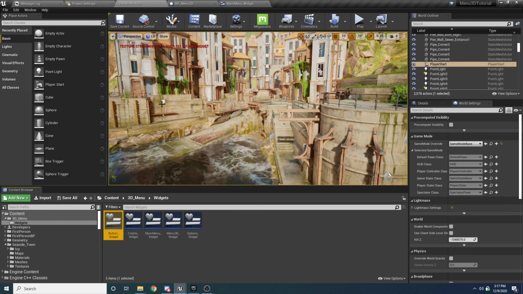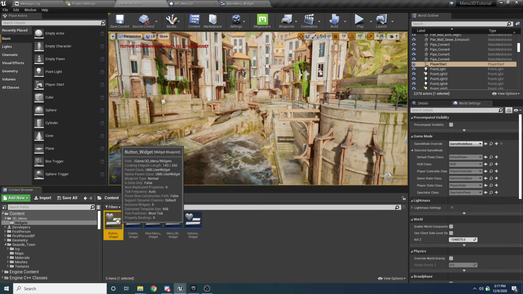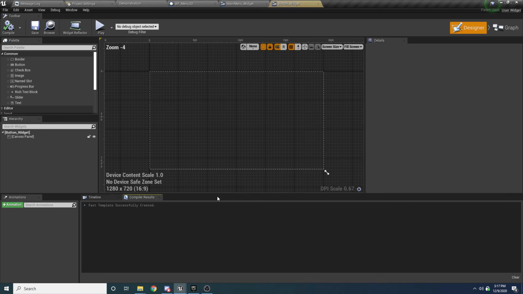All right, so let's start with the main menu widget and the button first. So actually, yeah, let's do the button first. So over here, let's open up the button widget. This will be pretty quick. It's a pretty simple widget here. So on the designer tab up here, we want to add a button. So drag this guy in,